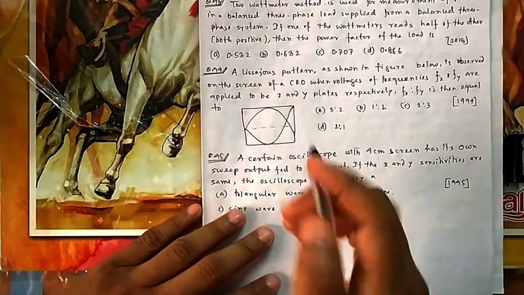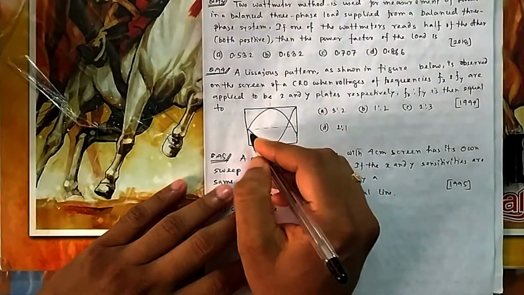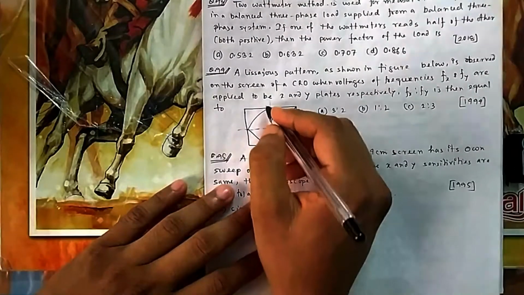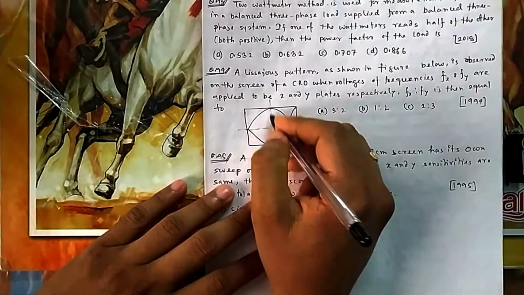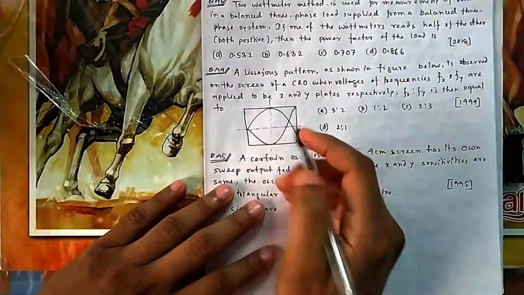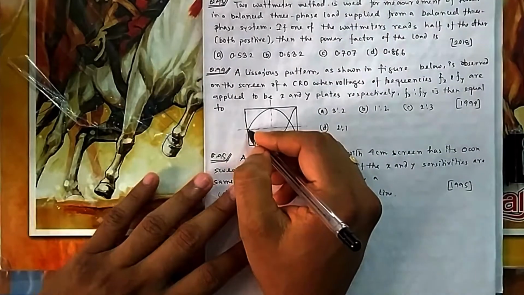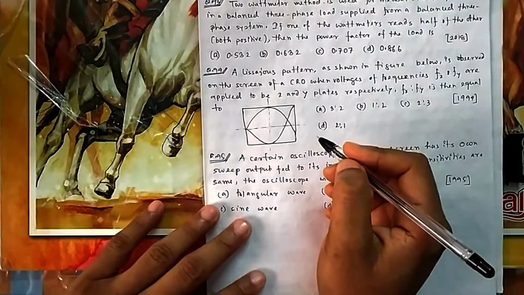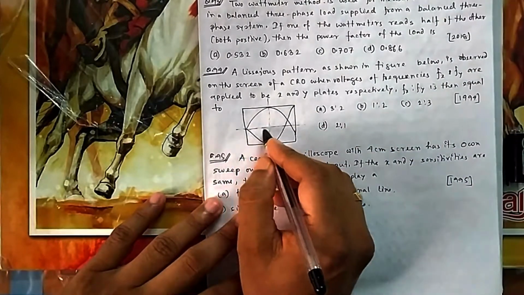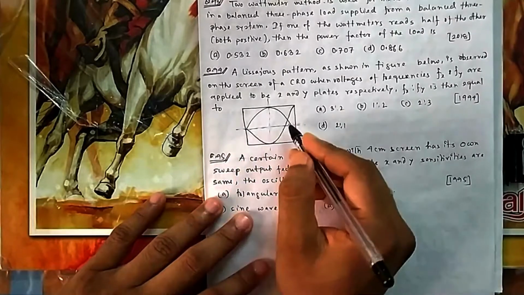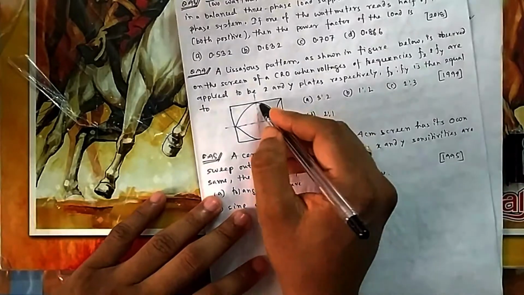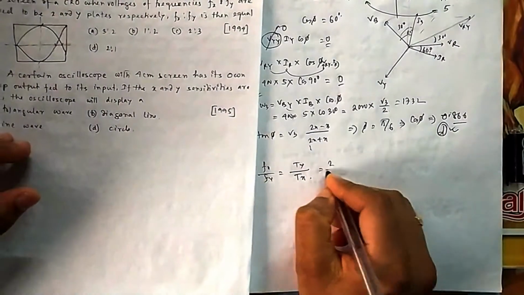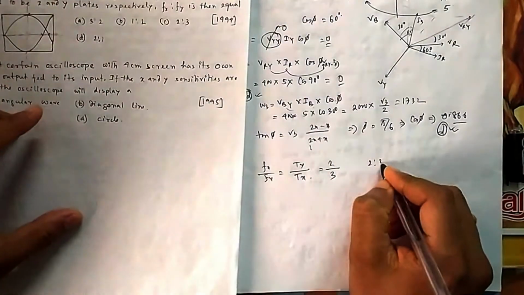You draw a vertical line and a horizontal line. So here a horizontal line is already drawn. So you can draw where maximum times that line is cut by this graph. Don't draw here where it is cutting only one time. So draw it in a way so that it cuts the maximum number of times. So you can see in the horizontal axis how many times maximum it is cutting, intersecting points 1, 2, 3. In the vertical axis 2. So it is vertical 2, then it is 3. So it is 2 is to 3.